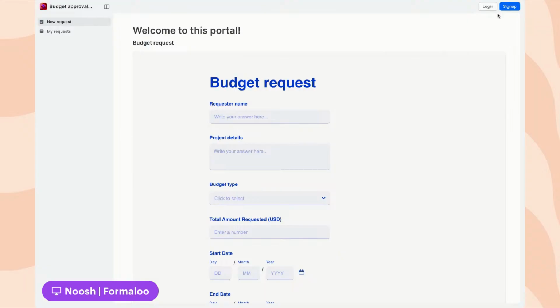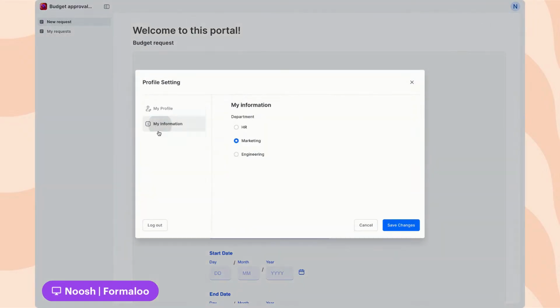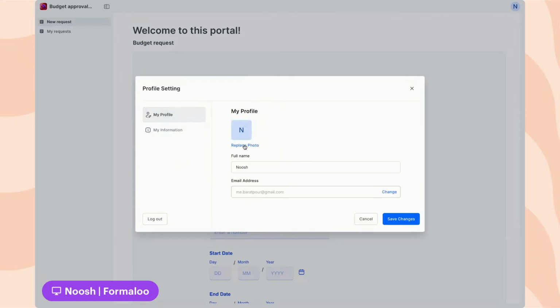You see the logo added here, and when I click this sign up button, yeah, so you see here that the logo still is there, and I can preview my profile and log out even from here, and I can upload an avatar for myself. Yeah, so this is how this looks,